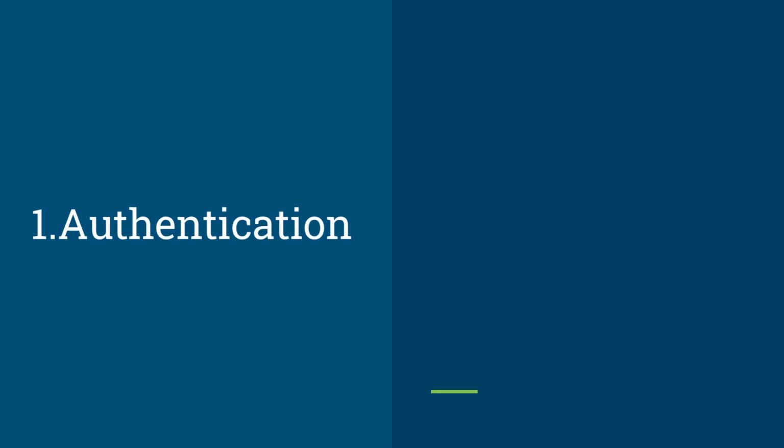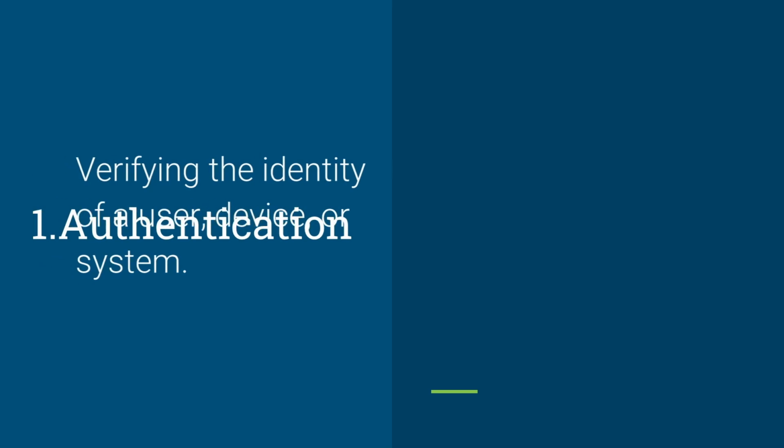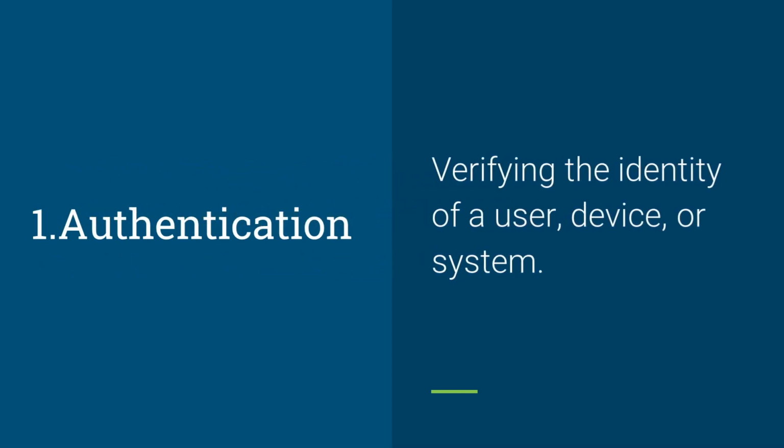Again, it checks against stored credentials. If the username and password match the records, the system verifies that you are an authorized user. Once verified, you gain access to your email account, allowing you to read, send, and manage your emails. So this simple example illustrates the basic process of authentication, ensuring that only authorized users can access their email accounts. In simple words, authentication is verifying the identity of a user, device, or a system.